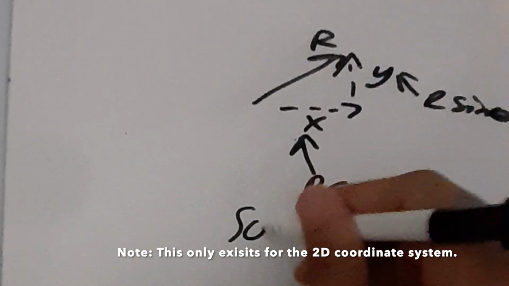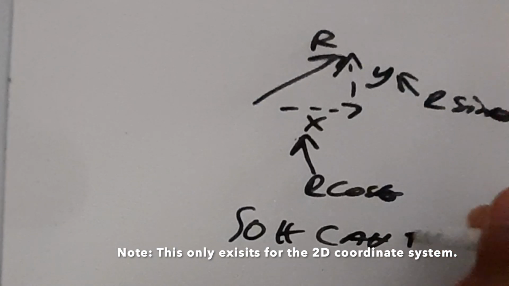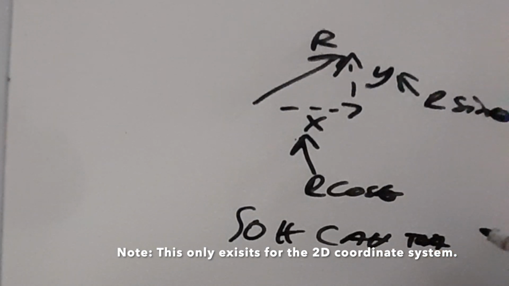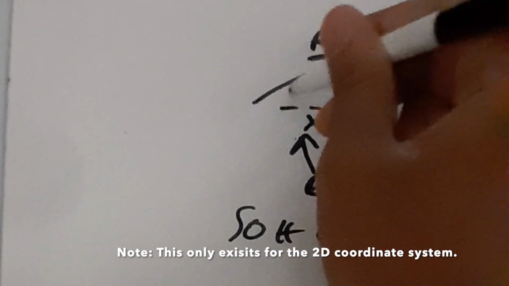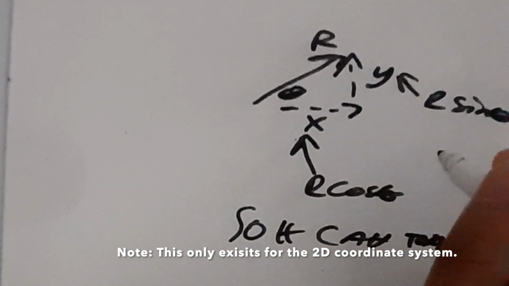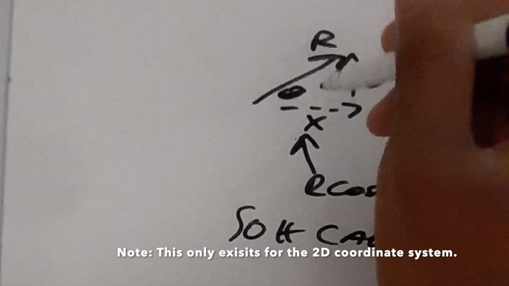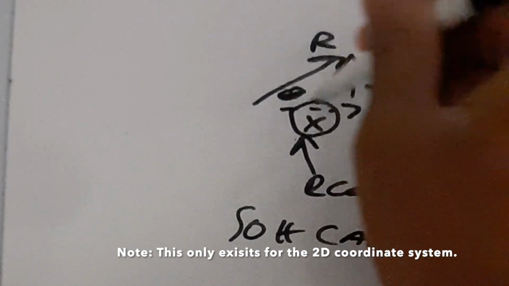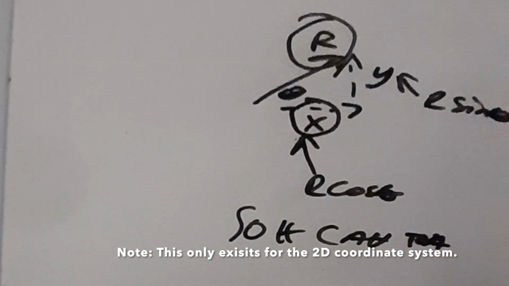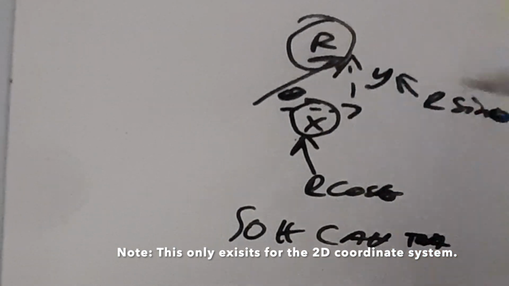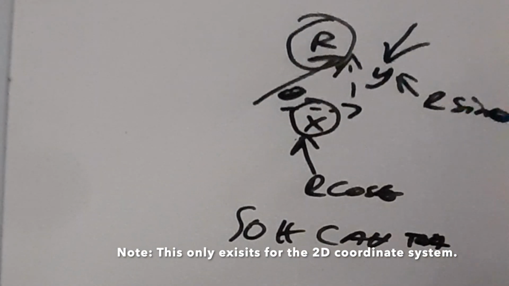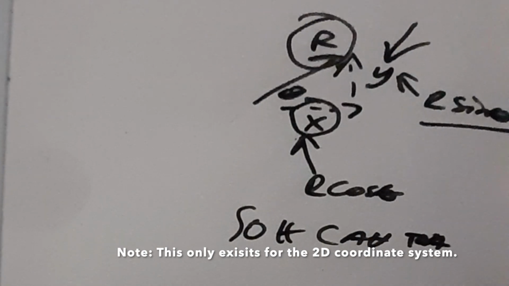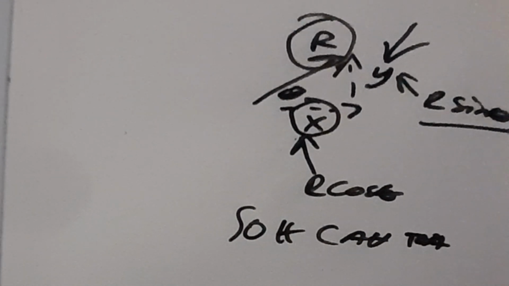This comes from the idea of SOHCAHTOA. That being, the adjacent side from the angle, so from this angle right here, the adjacent side has a cosine relationship with the hypotenuse, or in this case, the resultant. That is, the adjacent side right there, and the resultant right there. And the opposite side from the angle, so this side right here, has a sine relationship with the hypotenuse, therefore r sine theta. Why this is important is because it will come in very handy when attempting complex projectile motion